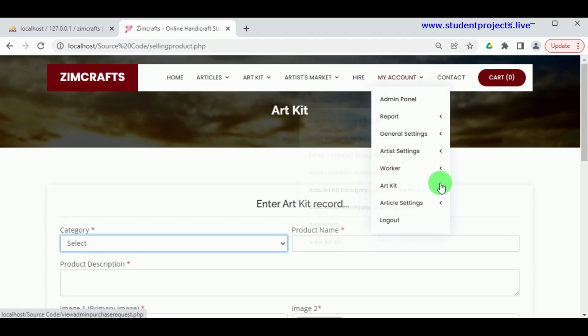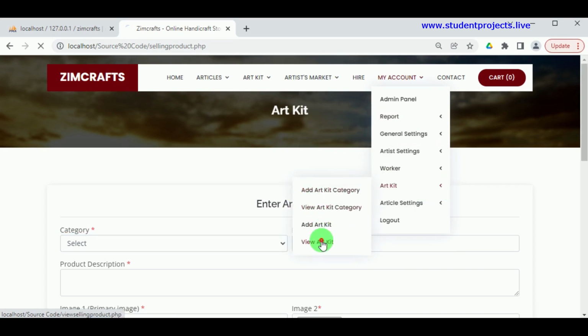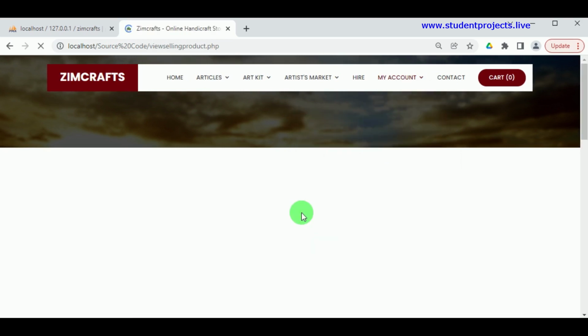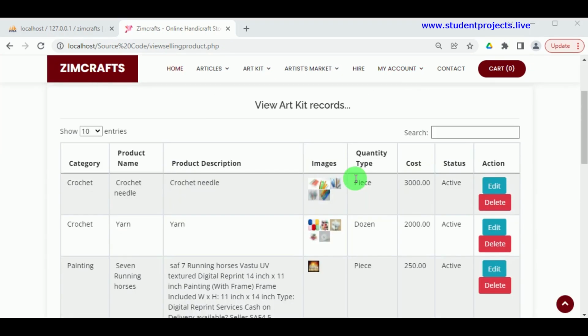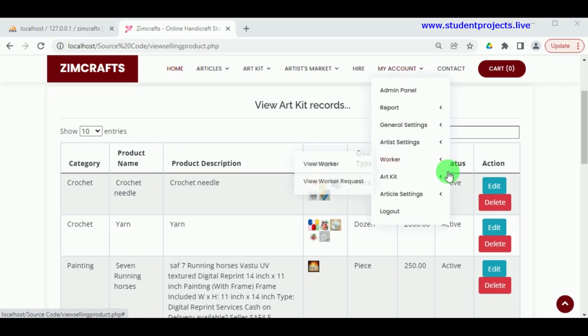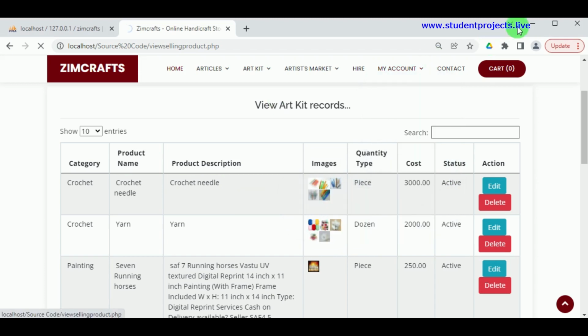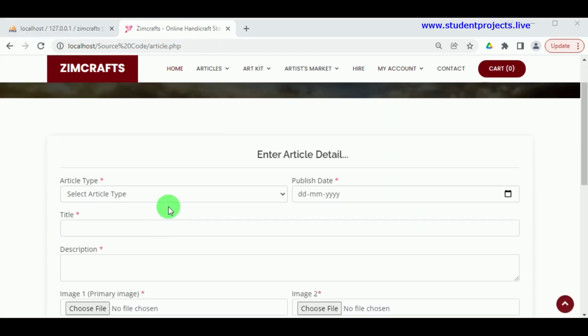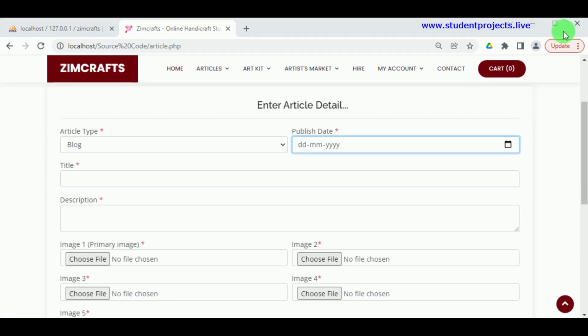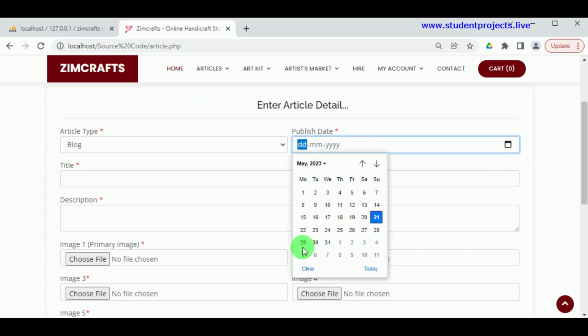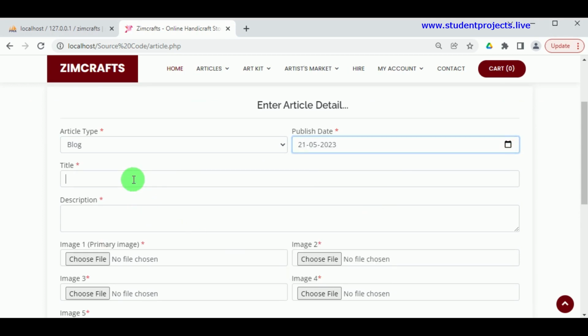To view this under Art Kit, View Art Kit. We can view the various items that are put for sale, and the admin can edit the details as well as he has the authority to delete the items put for sale. Under article setting, under add article, article type must be selected. Let us select the article type as below. Then the published date must be mentioned. The title of the article must be